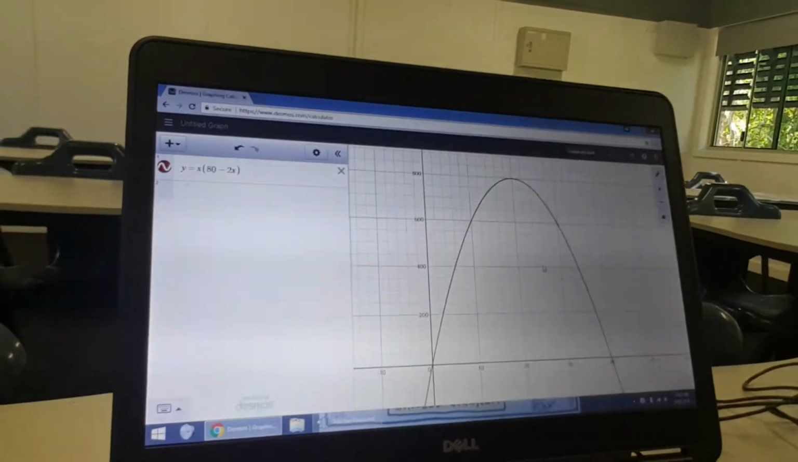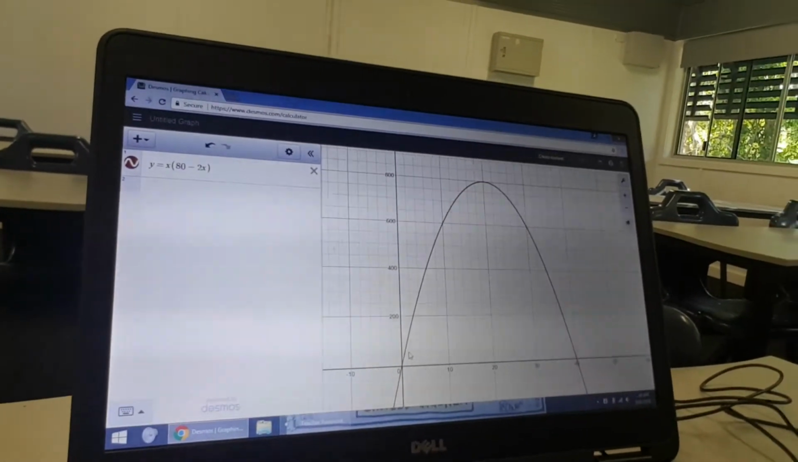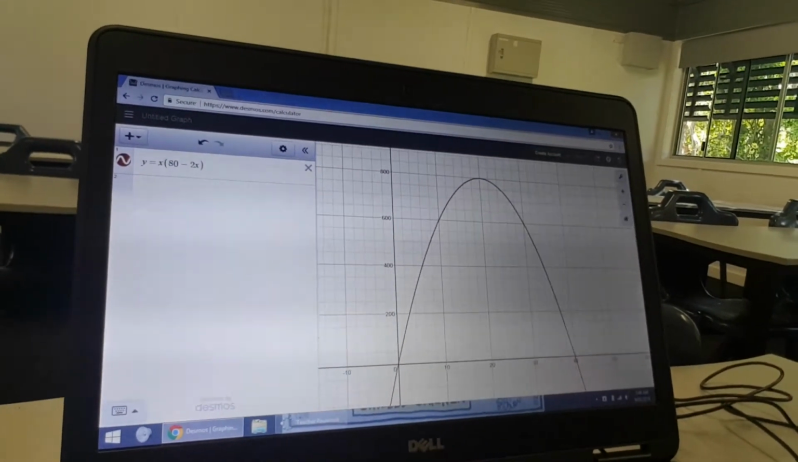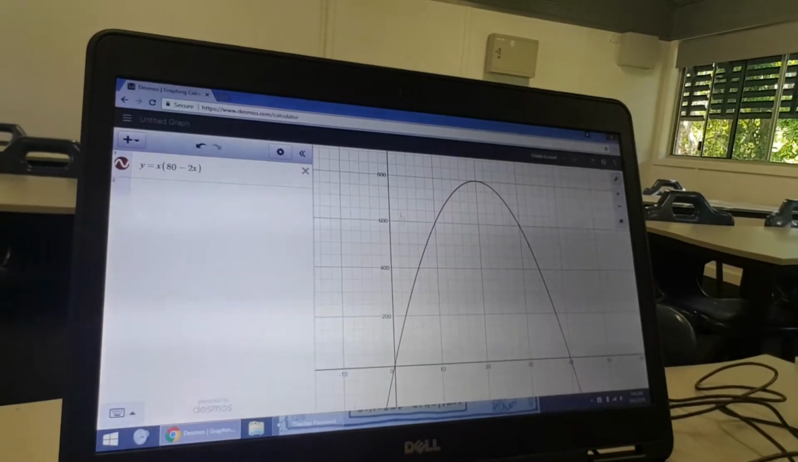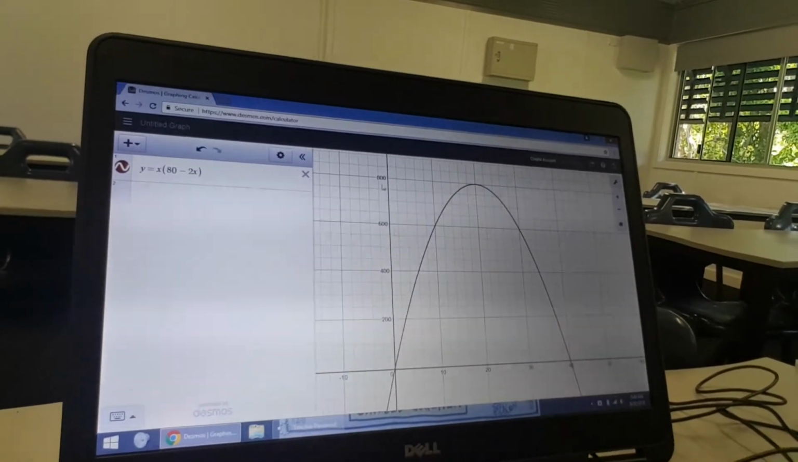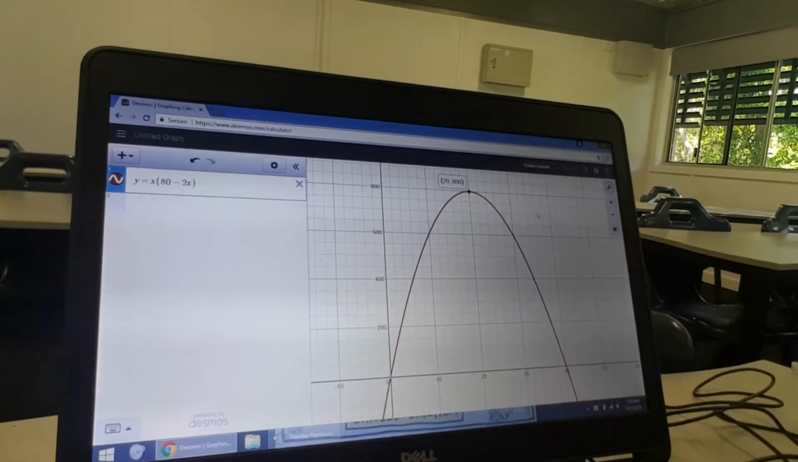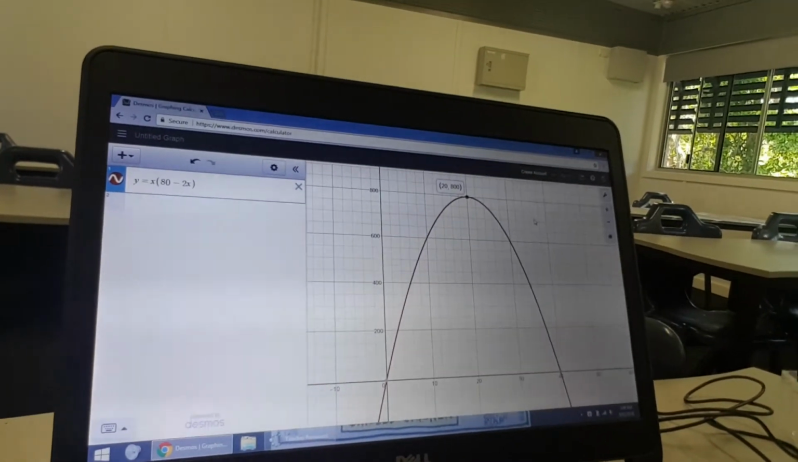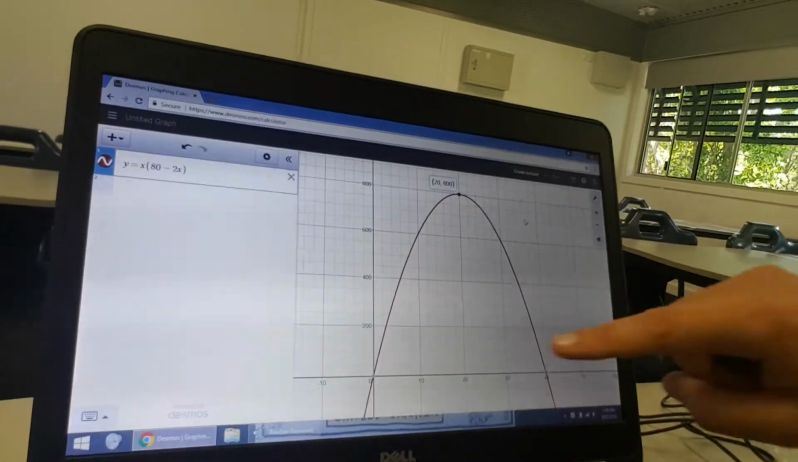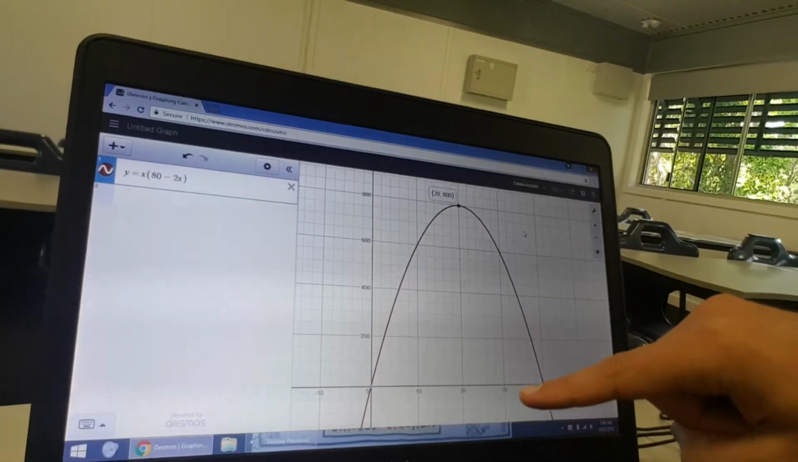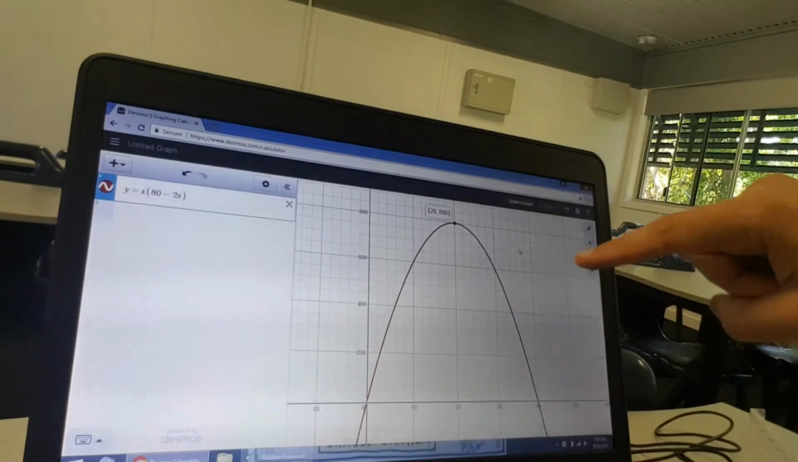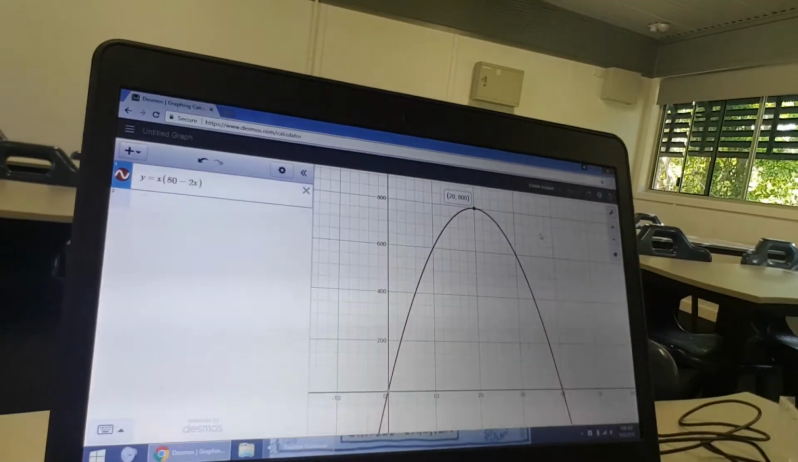So essentially at the moment, remember how we defined our variables? x is the width and y at the moment is the area. So the maximum area is up here and I can click on it in this software. So essentially it's saying that the maximum area is when x is 20, so the width is 20, and the area is 800. How cool is that? So back here,